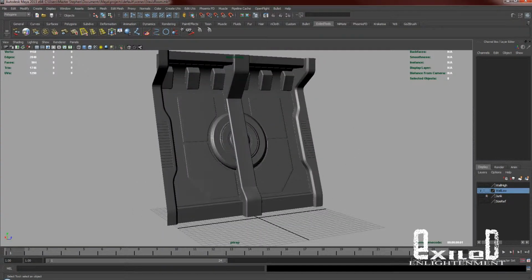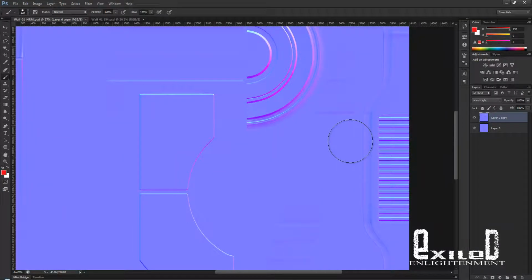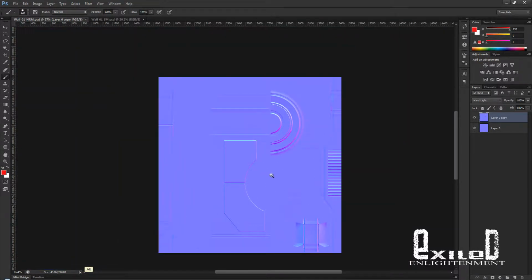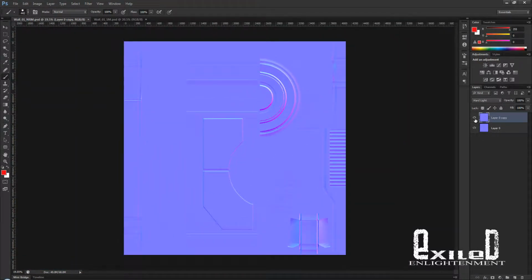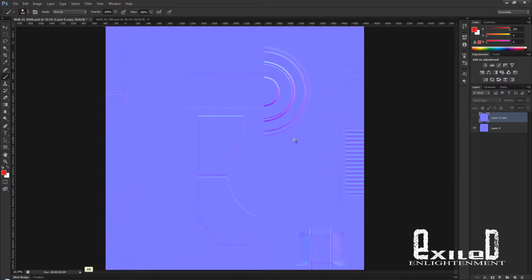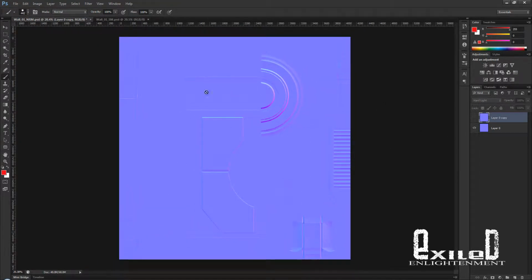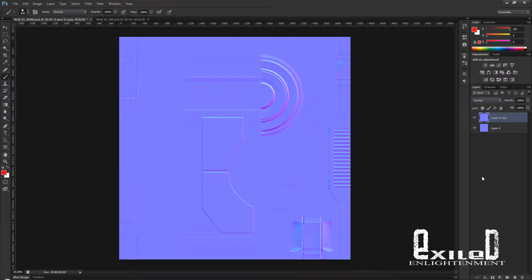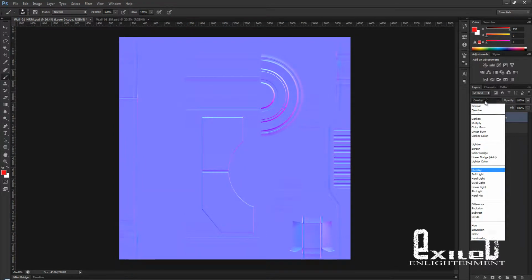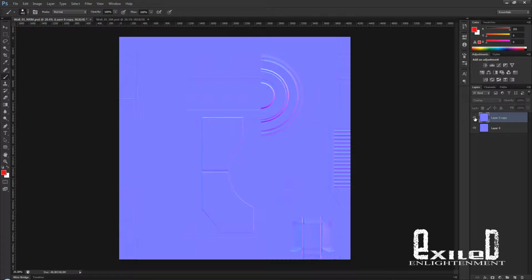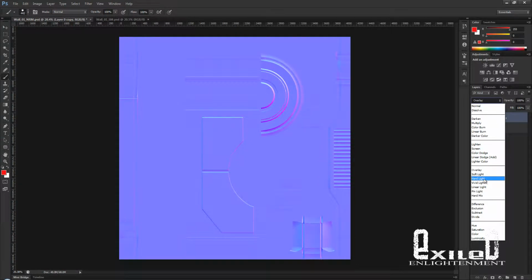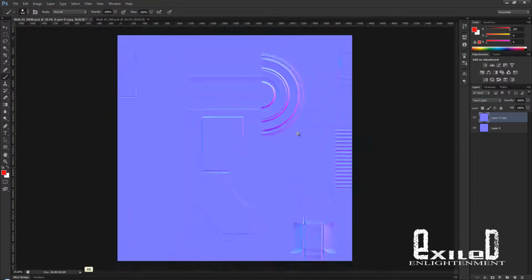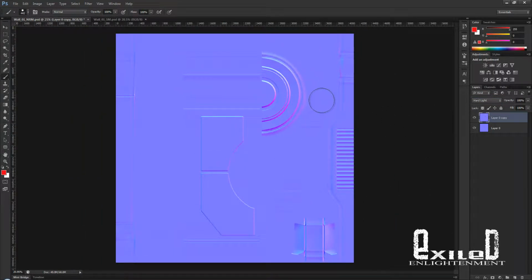Right, so first thing I want to do is go back in Photoshop and start detailing this normal map. You see I've got two layers up here. This is the base bake from xNormal. See, it's very flat and bland. All I did here was duplicate the layer and put it into hard light mode, which sort of multiplies the effect. You can use overlay, but sometimes that gives you artifacts. Most of the time it gives you the same sort of effect. I normally just use hard light because it's what I've been using for ages and it's always worked for me. Alright, so we'll just collapse that and name it